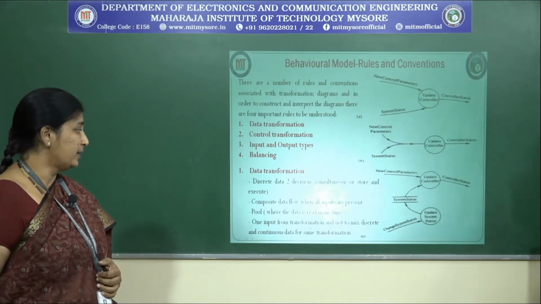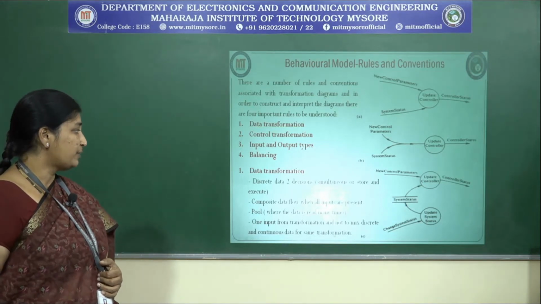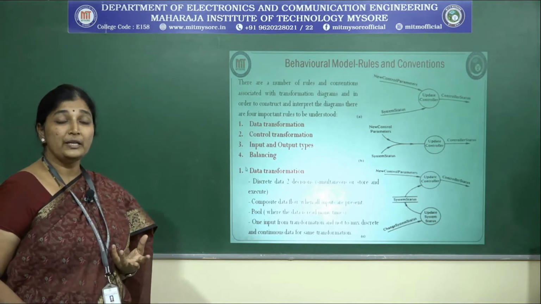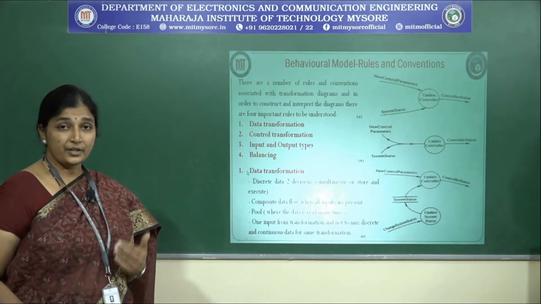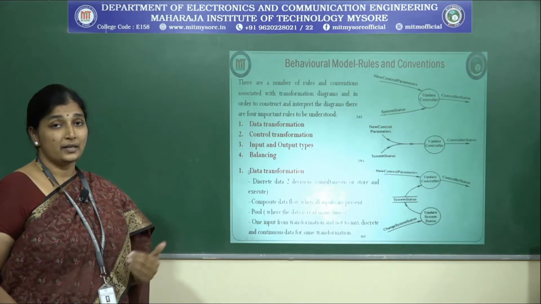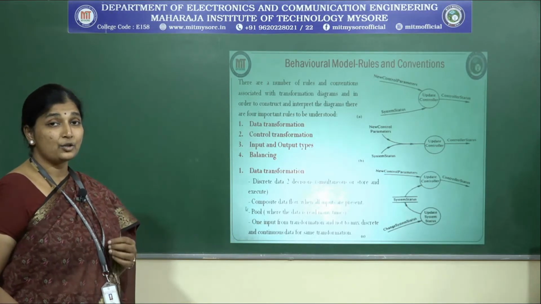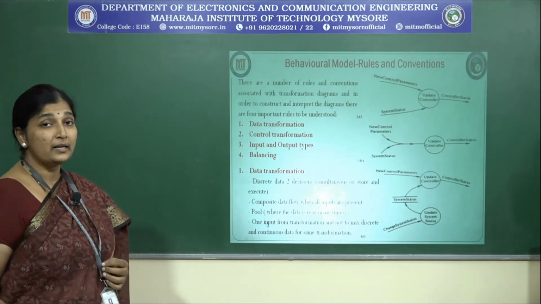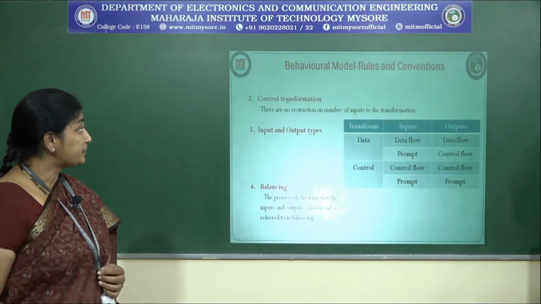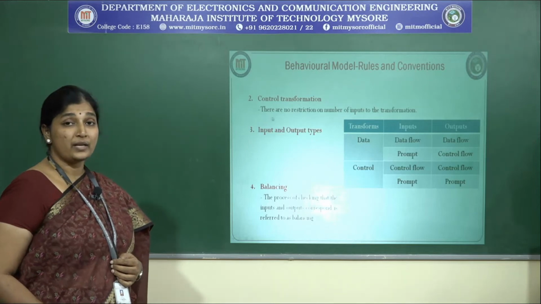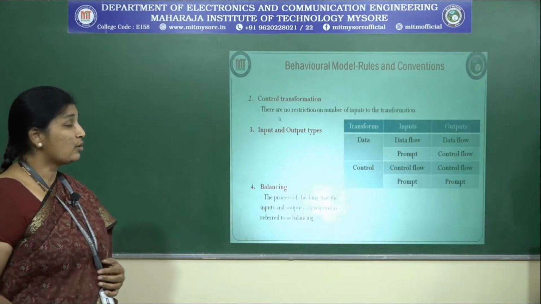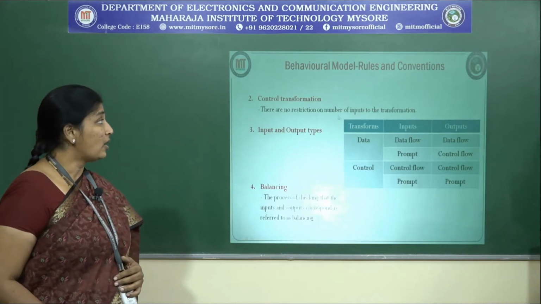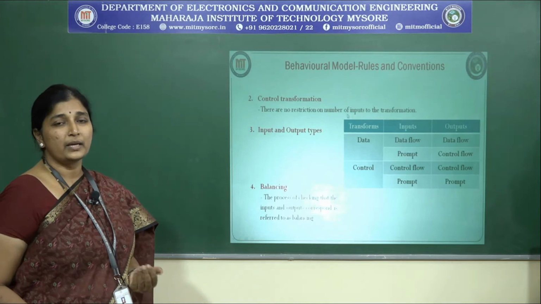One input from a transformation, and not to mix discrete and continuous data for the same transformation. If you have the same transformation, you need not mix the discrete as well as continuous, okay? So there has to be a differentiation between the discrete and continuous. These are the important points that have to be kept in mind when you are looking into a data transformation. And not just that, you have what is called control transformation. So after data transformation, you have control. There are no restrictions on the number of inputs that can be transformed. There can be n number of